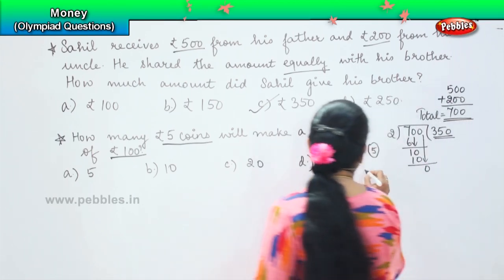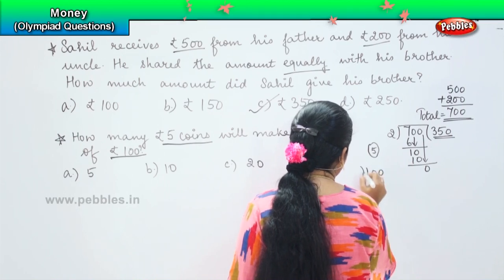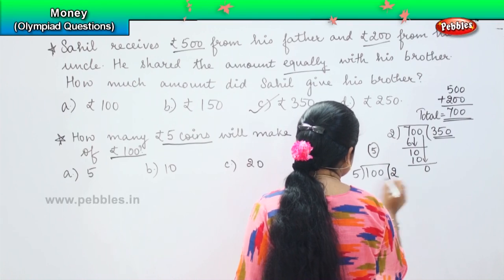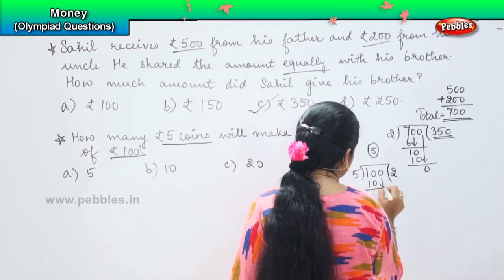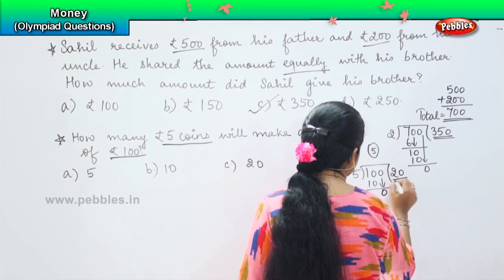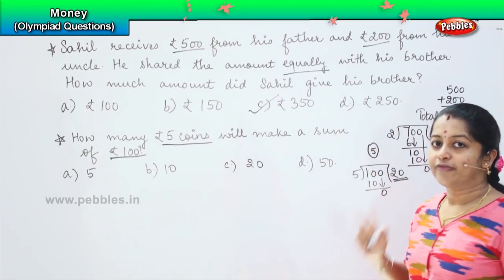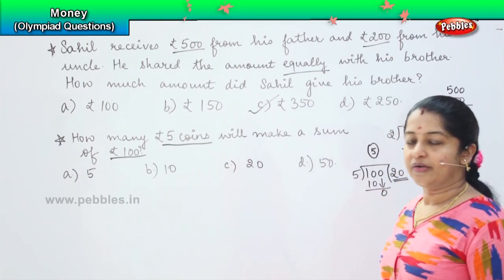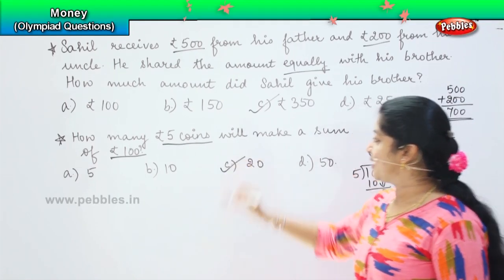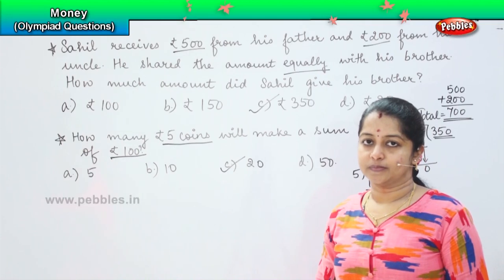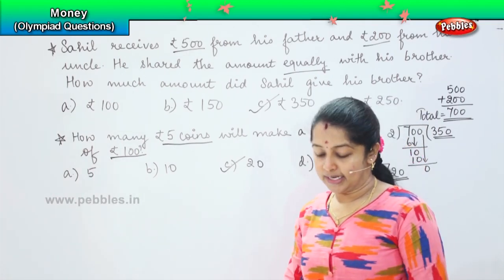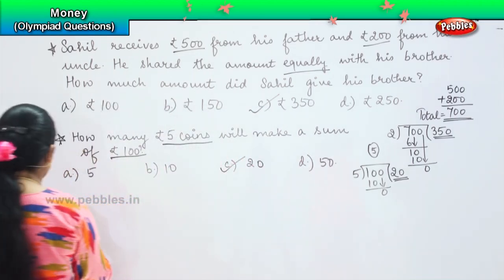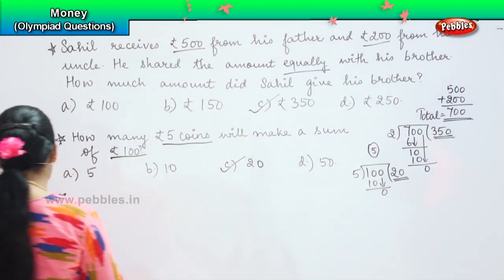Okay. So 100 divided by 5. So 5 into 2 is 10. Then the 0 will be carried forward here. So which means if I have 20 rupee coins, that will make the sum of rupees 100. Okay. So option C, 20 is the right answer. Clear? Shall we move ahead? So here is your next question. The next question states,